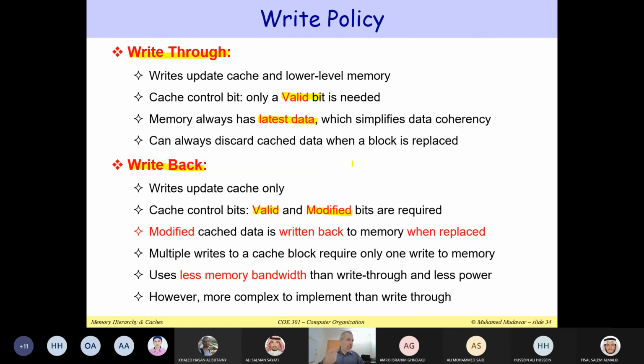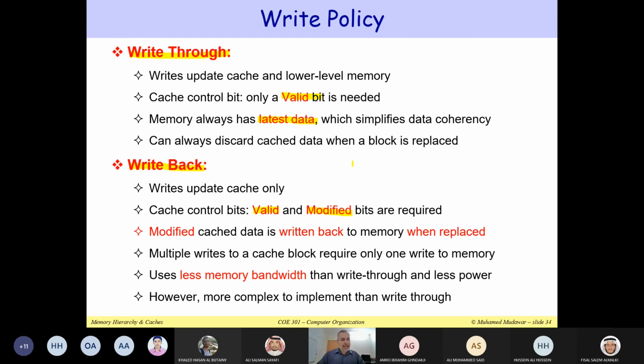So when we write, we set the modified bit. We indicate that the block is modified. So now the block which is in the cache is different from the block which is in the main memory, because it has been modified inside the cache. But the block in the main memory is still the old block. It has not been modified yet. So we are writing to the cache, but without writing to the main memory. So we have 2 different blocks, but we have indicated that the block inside the cache is modified using this modified bit. We just need 1 bit per block,